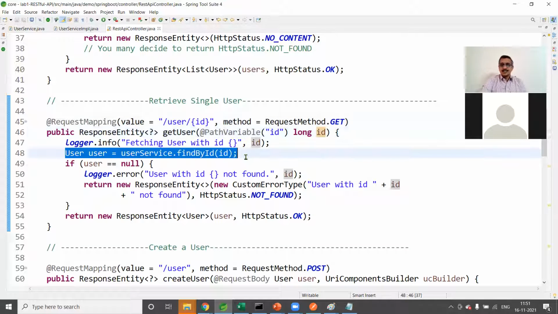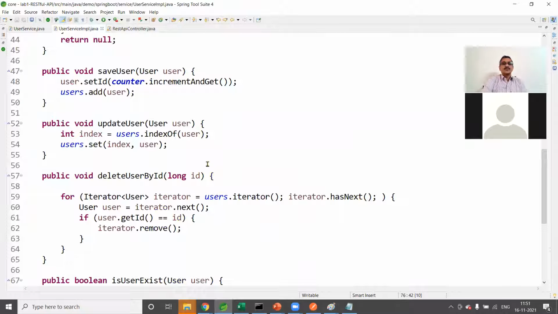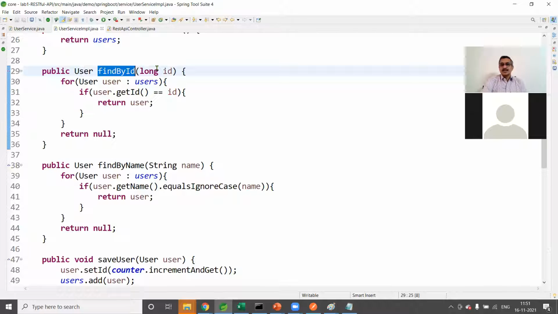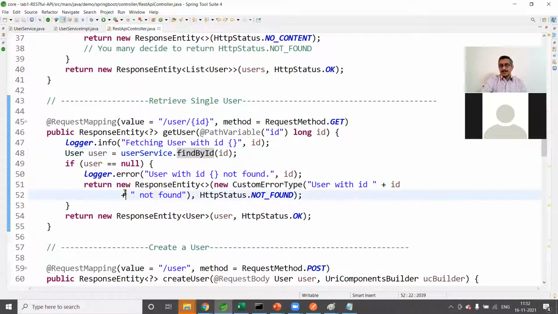Then here you see the logic. We are calling userService.findById of that ID. So in the user service, we have given findById. If the ID is present, that user content will be returned. Otherwise, it is going to return null. So what is the logic written here?